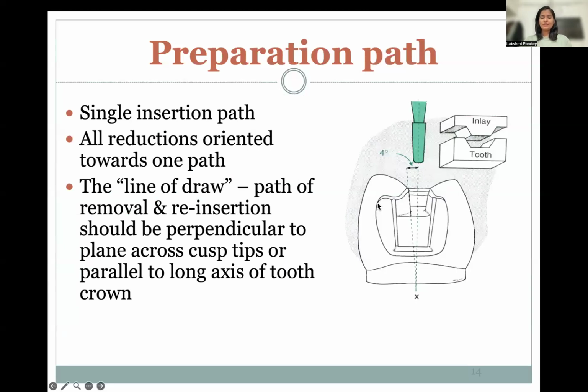So what exactly it means is, see here, this is your prepared cavity and this is your inlay. The placement of the restoration and the removal should be in one path. If it has multiple paths, the chances are that the retention of the restoration, or cementation of that inlay prosthesis, won't be good. So the line of draw means how it is removed, and the path of removal and reinsertion